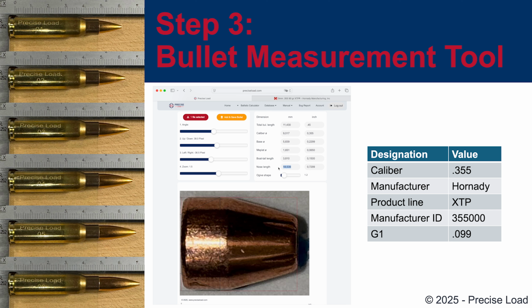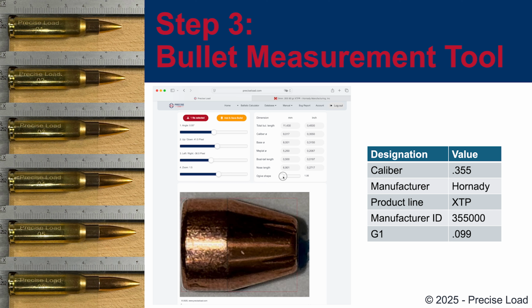Once the bullet fits nicely in the red frame, you can begin adjusting the shape. Start with the nose length, then set the méplat, that's the tip of the bullet. After that, adjust the bow tail, or in this case the chamfer, since this bullet doesn't have a real bow tail. As you go, you might need to slightly reposition things again. That's totally normal. The full measurement process might take a couple of tries, but once you're used to it, it only takes around 1.5 minutes and gives you very accurate results, even for tricky features like the ogive.